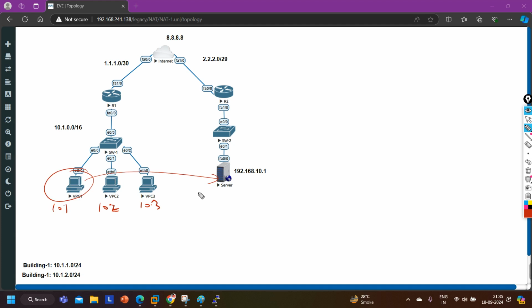PC to server. No, I don't have idea about it.